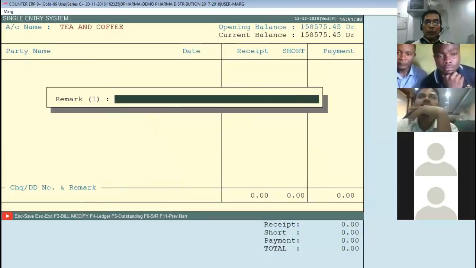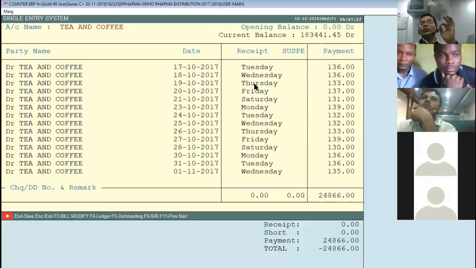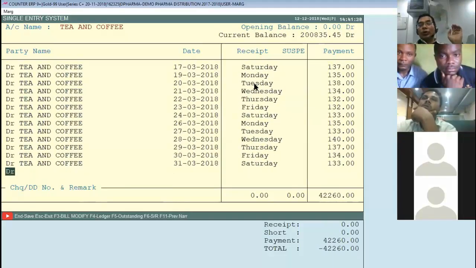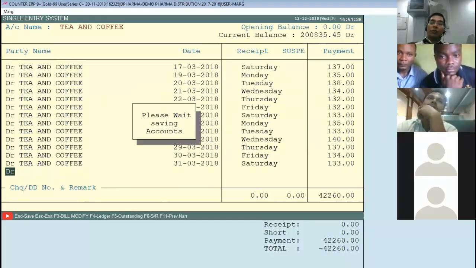Now first narration: being paid for tea and coffee expense, being paid for tea and coffee. Now my software has done its job. You can see all the entries have been passed by the software automatically. Now I press tab. I'll use the save option.